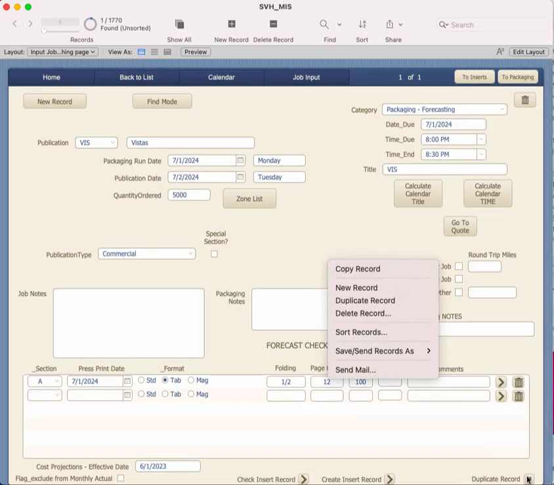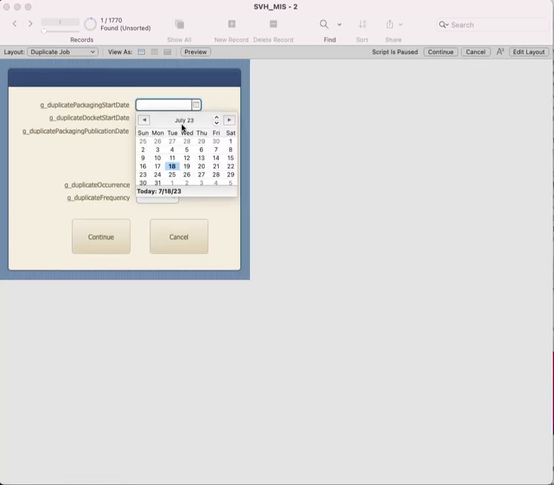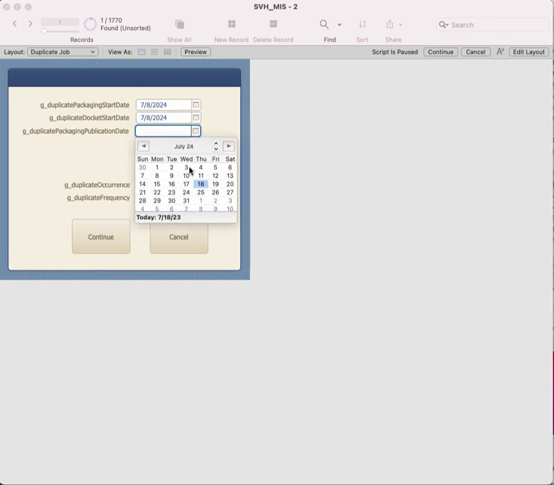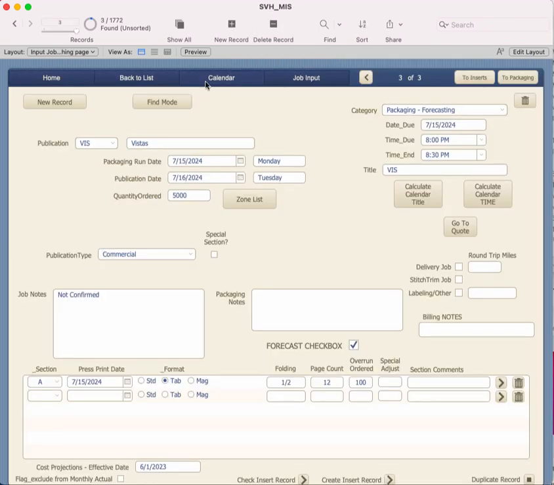I'm going to do the same duplicate, except for now, instead of 7/1, I'm going to say 7/8, because that's the Monday after. And I'm going to say 7/9. And I'm going to say just twice, but a frequency of 7. So this would be 2 other duplications, and the frequency is every 7 days. So I hit continue on this, go back to the calendar,